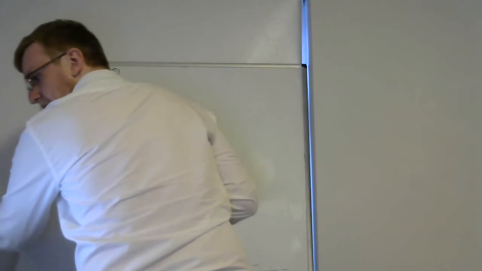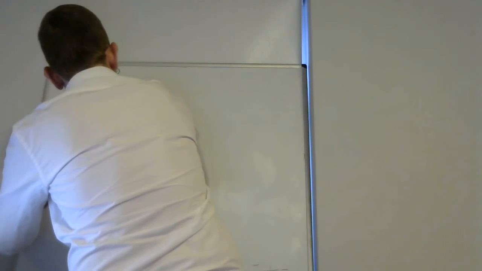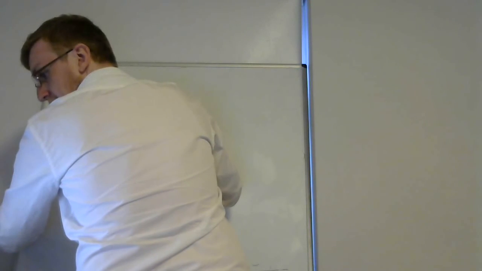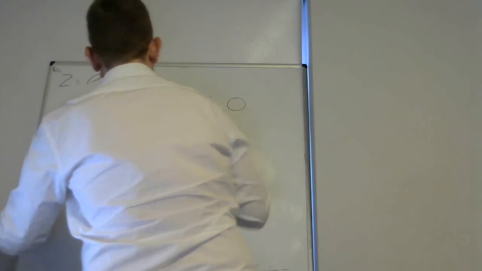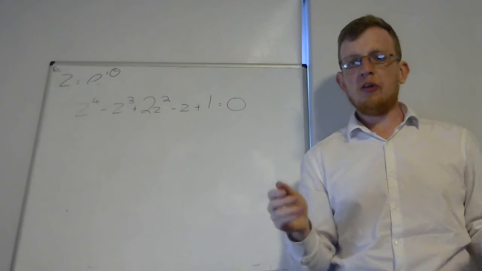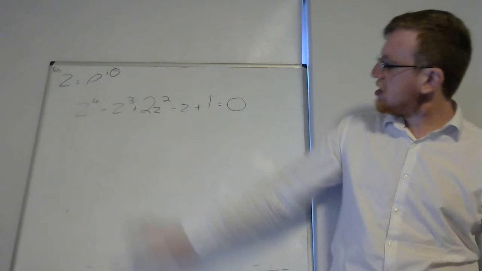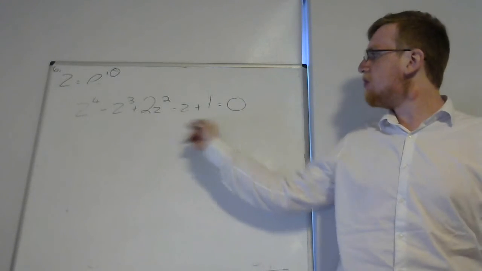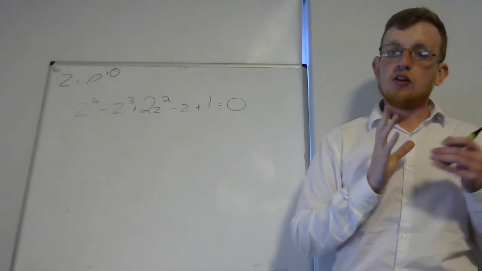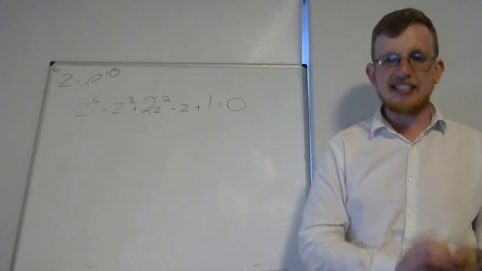Okay, let's write out the equation. Z to the 4, minus Z cubed plus 2Z squared minus Z plus 1. That equals 0, and we've got to solve that. Hence, the clue there is hence, so we're going to have to use one of the previous parts of the question. This equation looks very similar to the equation we just looked at in the previous part. The only difference is we've divided everything by z squared. Just before you do that, you have to stop and think, when you divide by things, are we dividing by